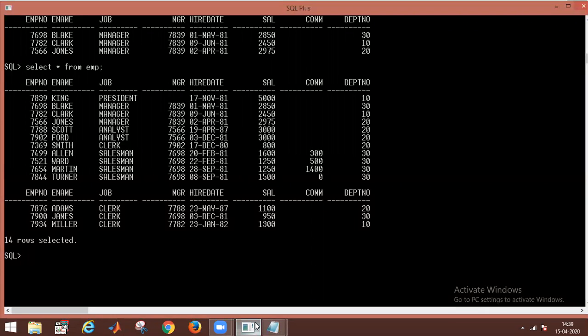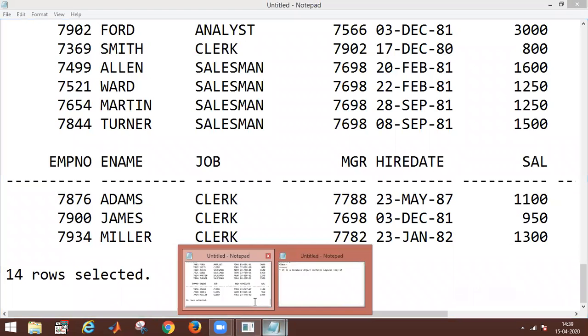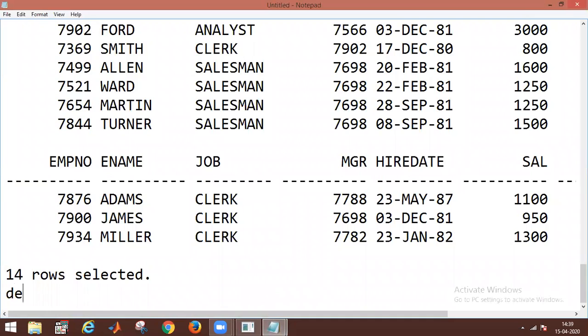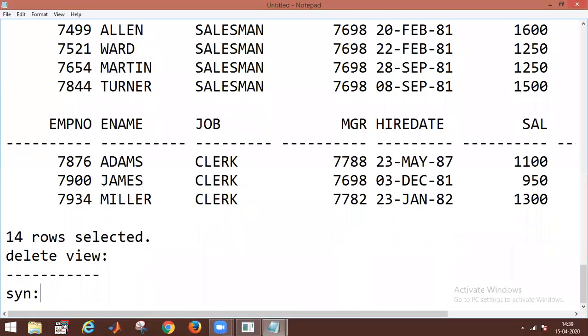Sir, I want to delete a view. Similarly for updation also. I want to delete the view. What is the syntax we have to follow to delete the view? The syntax for this is